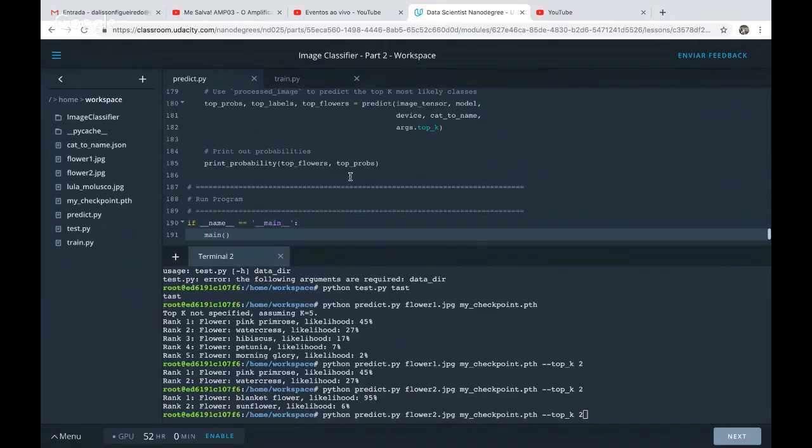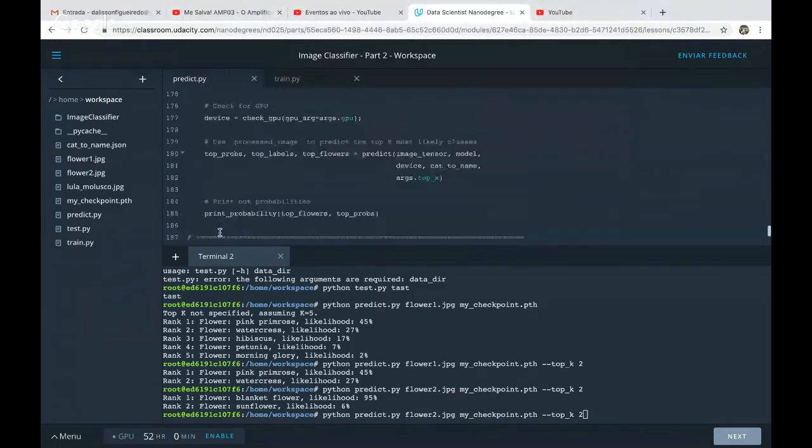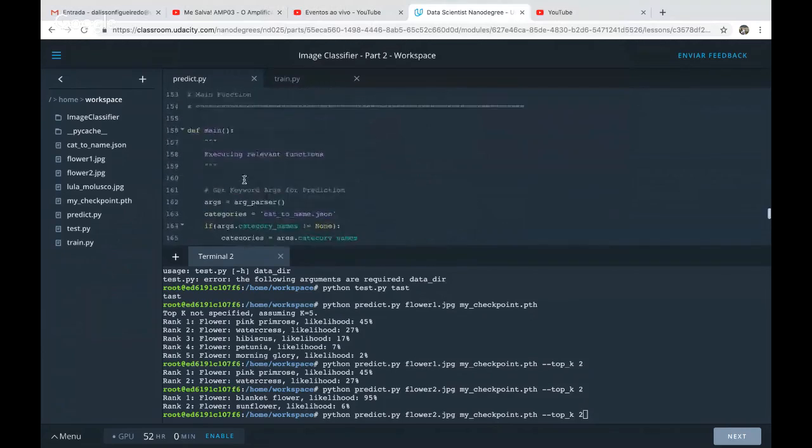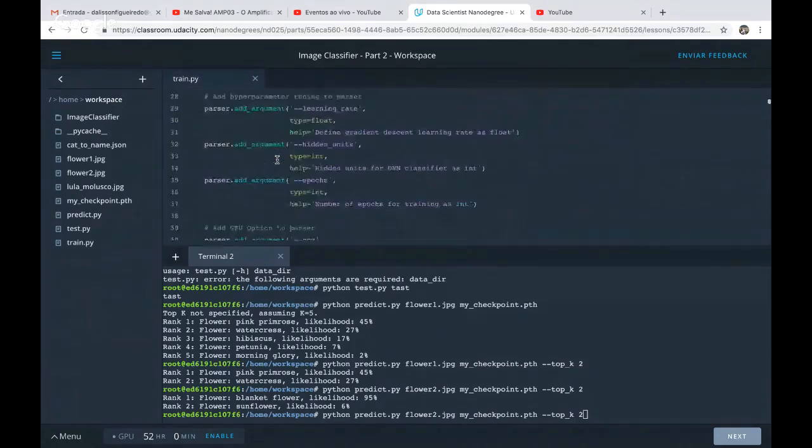That's why I need this here. I'm sorry, this function that will execute all this code, and this code will be calling all these functions as we have seen before. And we did the prediction. And let's go one last time to the